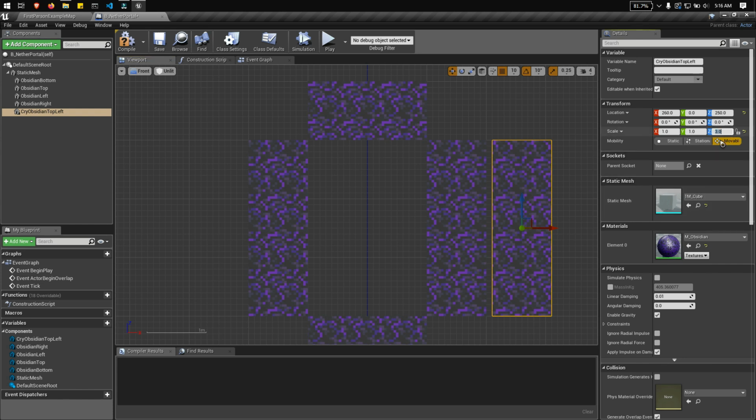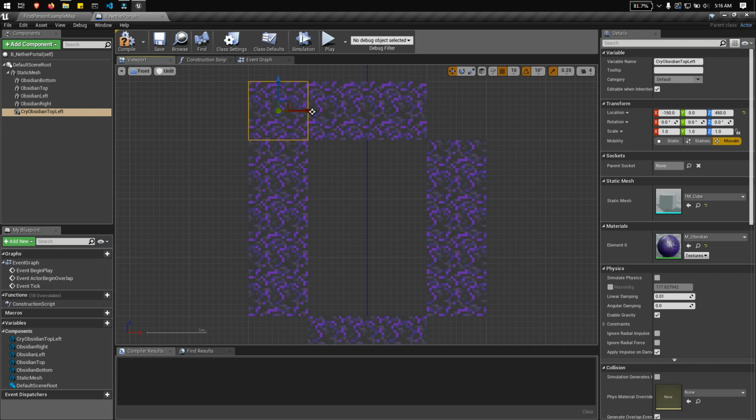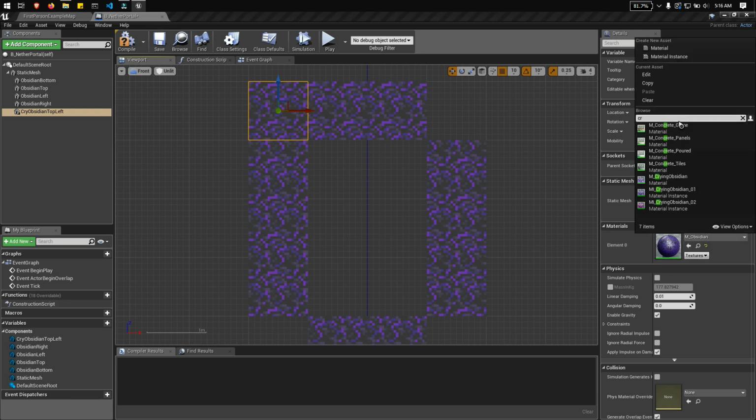So let's make it a single block. Then let's move it to the upper left side of the portal. Then let's change the material into Crying Obsidian. So let's use the material instance Crying Obsidian 1.